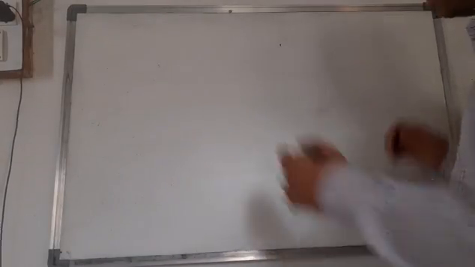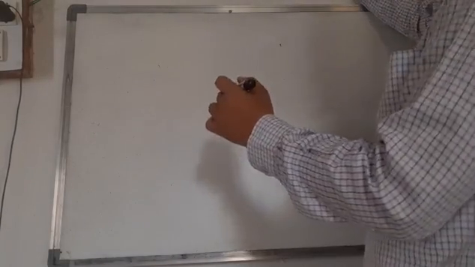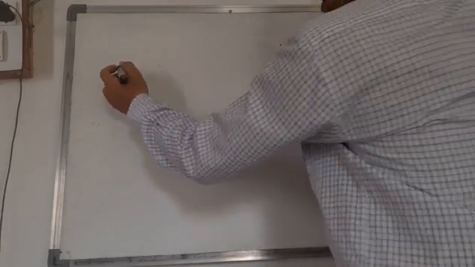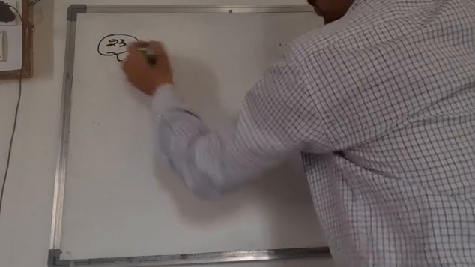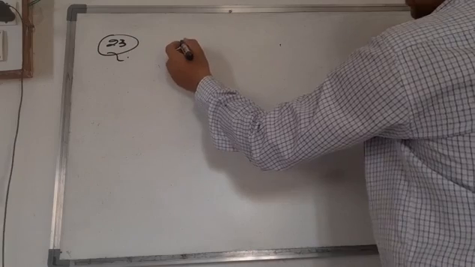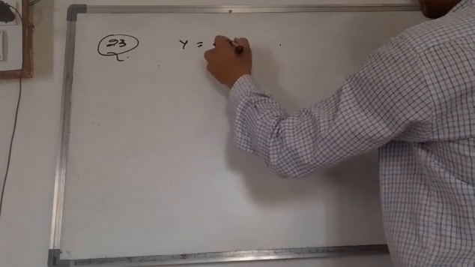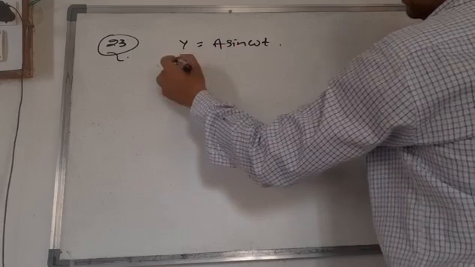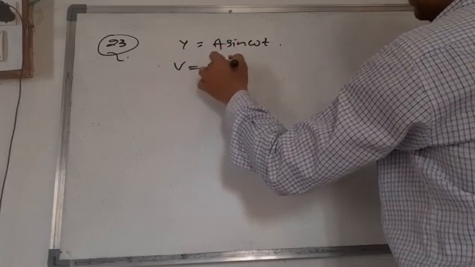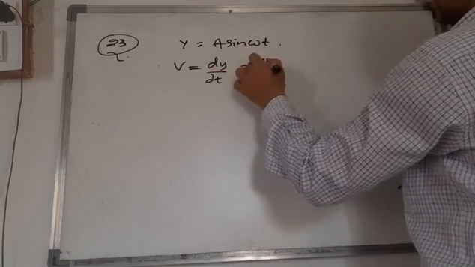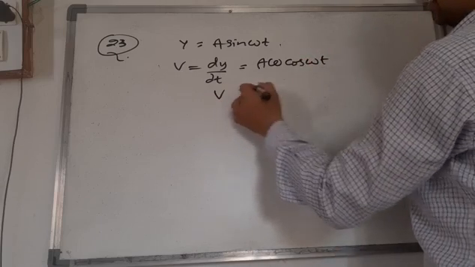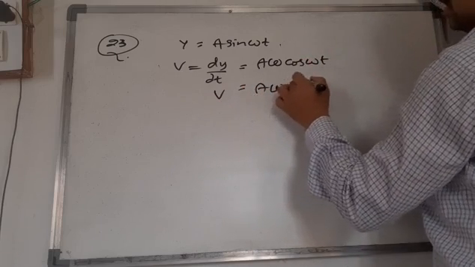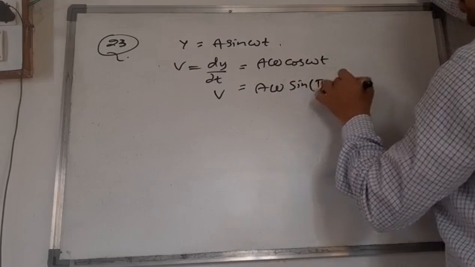Next. Just now we have found the phase difference between acceleration and velocity in the previous problem. That is now in the 23rd question. Now we are going to find that. We know that y is equal to a sin omega t, then v is equal to dy by dt, then we get a omega cos omega t. So this is equal to, again, v is equal to a omega sin of pi by 2 plus omega t,